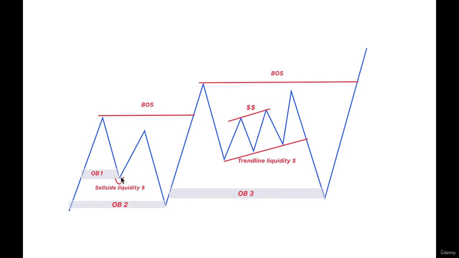The first one was actually inducement for people wanting to take a long position earlier. Price dropped down after that, took the sell-side liquidity, reached the second order block below the first one, and then continued higher. Same scenario for the second impulsive move. Here, this time, liquidity took the form of a trend line created on purpose by market makers. They took the liquidity resting below and reacted after reaching the bullish third order block.